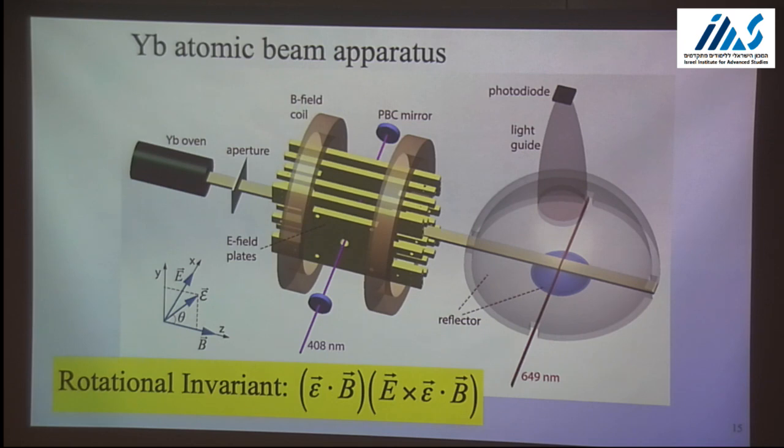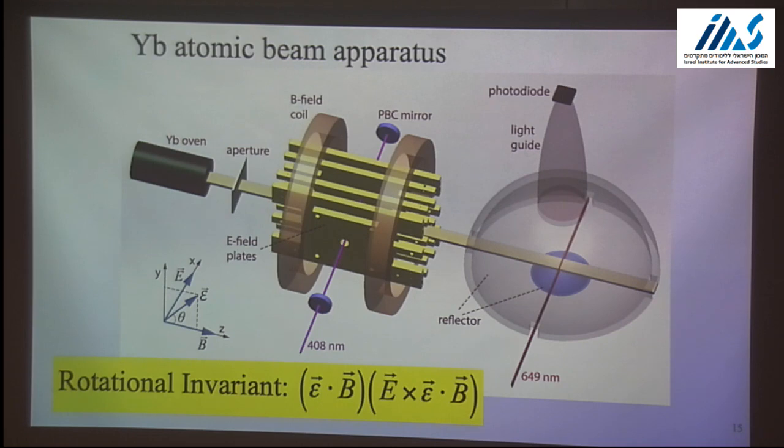No time reversal violation, but parity violation. And it's more complicated than in other experiments, but this is great. So you can see a lot of features of our effect. For instance, if we flip the electric field, our signals should flip sign, but if we flip the magnetic field, because the magnetic field comes twice here, it should not flip sign, but if we turn the magnetic field off,